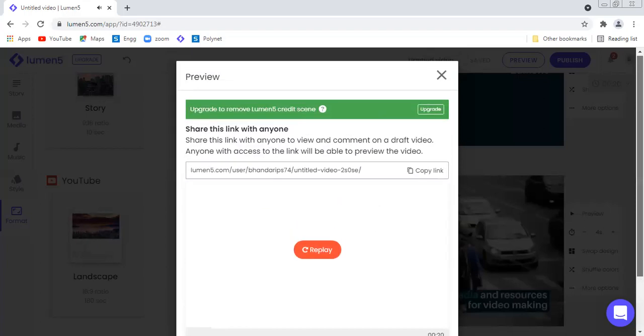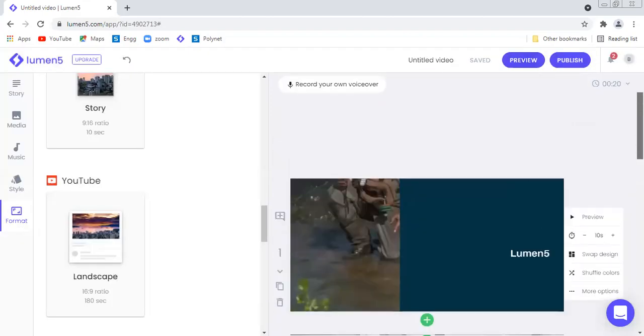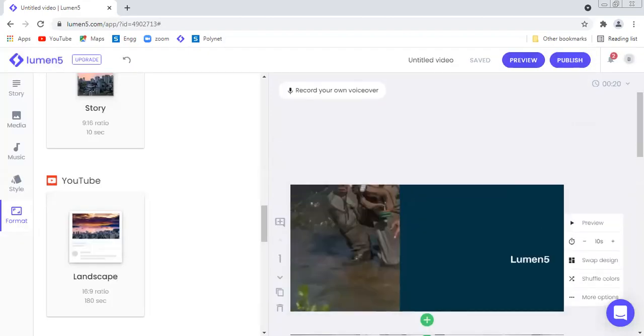Right. So I have not used the voiceover option, but you have an option that you can add the voiceover also. And once you are satisfied with whatever you have done, then you can publish it, right?